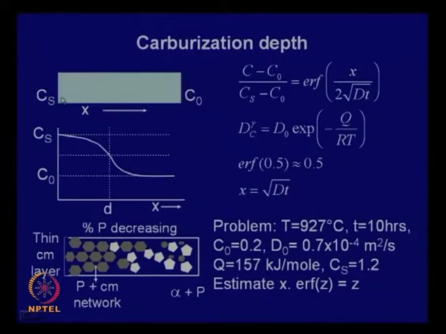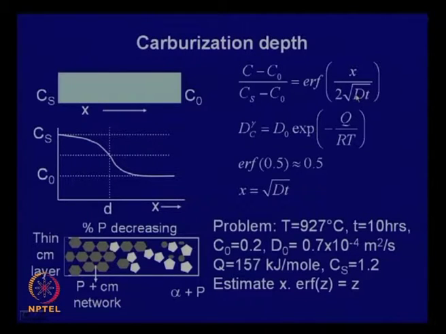Suppose we assume this as a 1D problem, where you maintain a high carbon content at this surface, and this is the core where you have low carbon content. So, this is the position at time t equals 0, but with time the carbon will start diffusing, and we have seen that the carbon concentration at any instant at any position, this is the carbon content C, whereas this is the initial carbon content of the steel, and this is the carbon content at the surface. This is given by this error function, where x is the distance from this end where you have high carbon concentration,